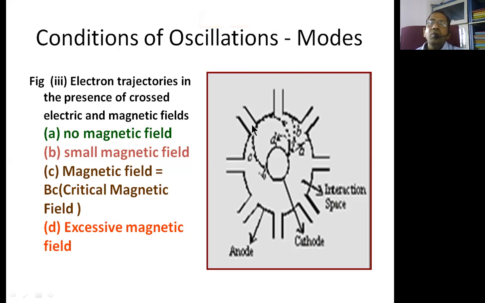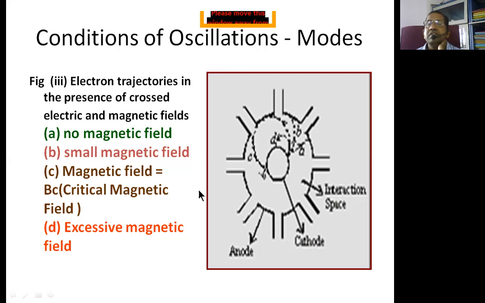Now, as the electron beam touches the anode and comes back, we are normally going to get the EM wave. But the EM wave which is generated is collected only from the nearby cavity. For the other cavities, say this cavity, this cavity, this cavity, there is no electron path at all. So from these cavities, the EM wave is not going to be acquired. Therefore, the magnetic field we apply should be a little bit more than the critical magnetic field.